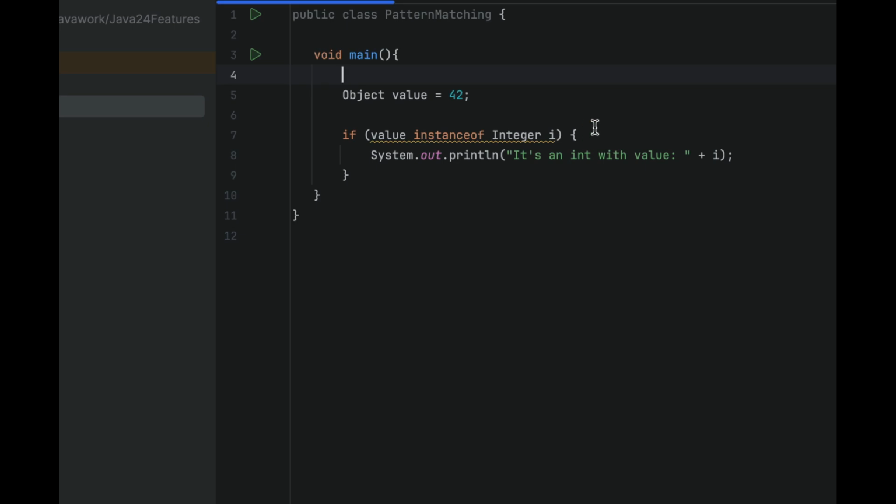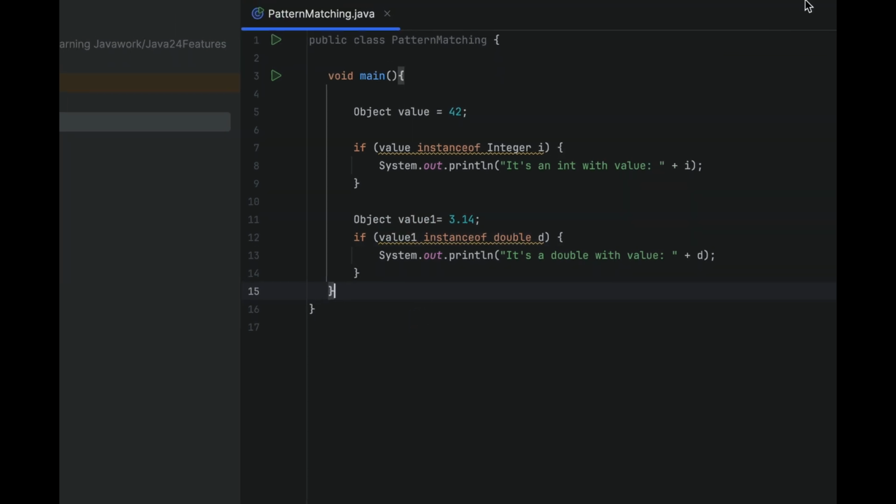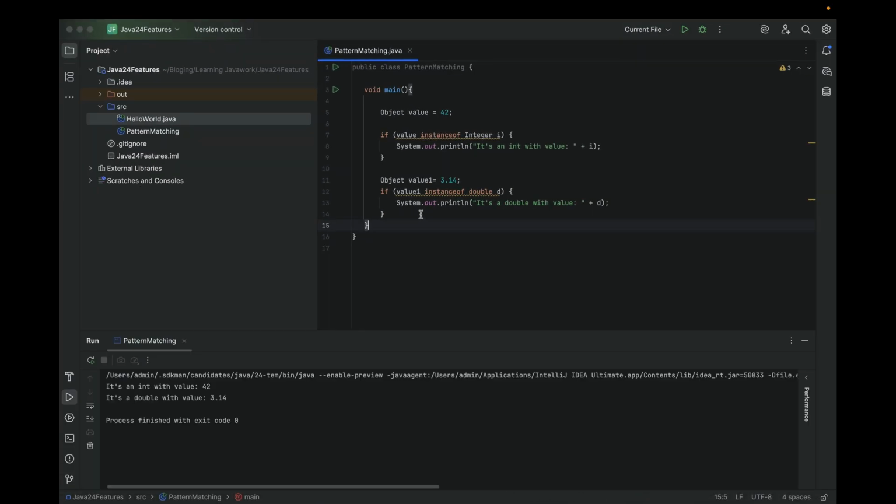But with this new release, you can simply use even any of your primitive types. For example, I can rewrite this code and let's say I'm going to say value 1. It's perfectly fine. There is no error. If you run this, it's going to run the code without any issue, it's a double value with 3.14. And I think this is good because